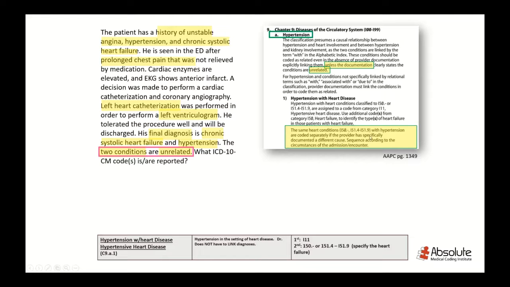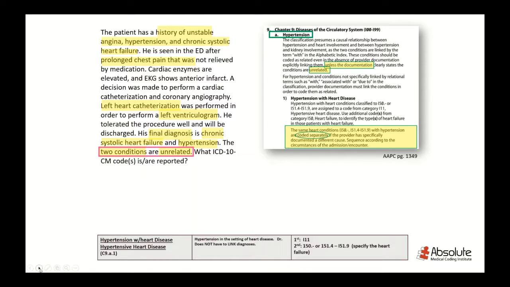I don't think I changed the page number there, but it should be in your guideline. Since this is unrelated as documented, we're going to have to